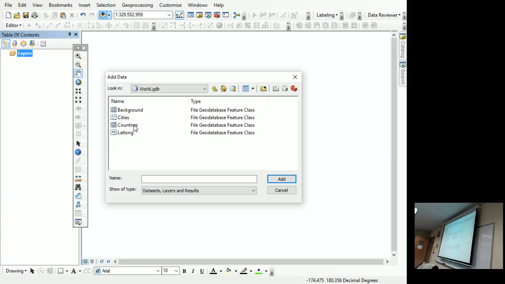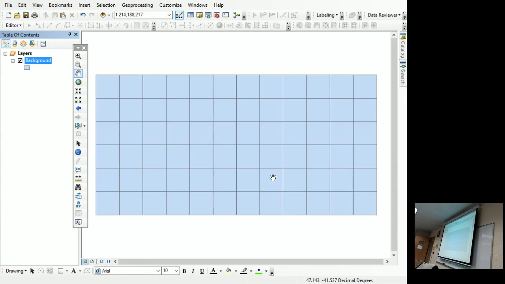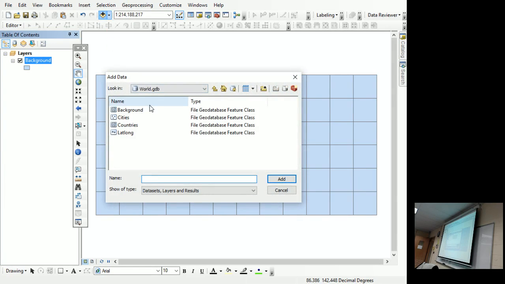They want us to add background, so you can click background and click add. Step 13. No, we're not going to drag. That'd be the same thing for all the others.